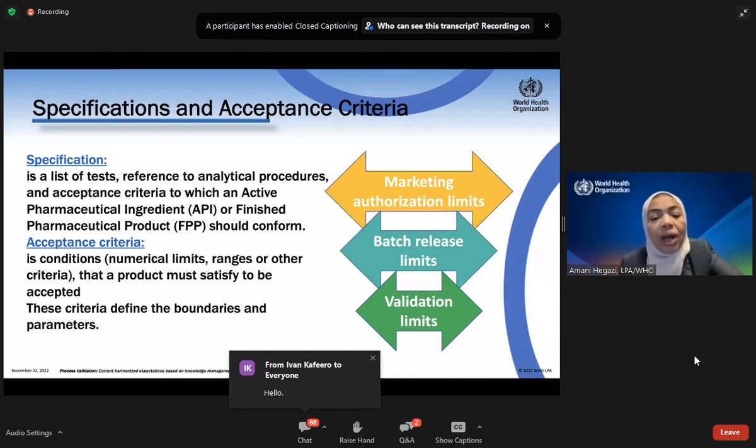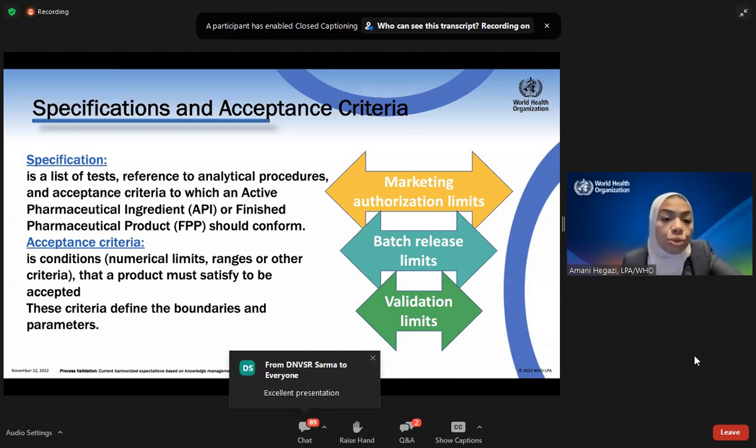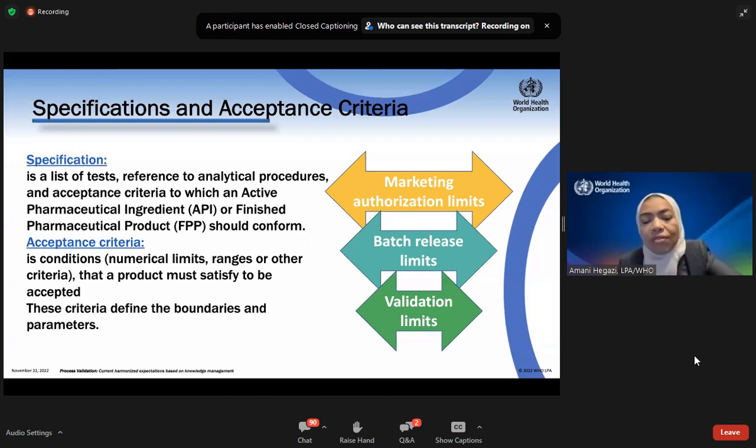Finally, while we are establishing the initial control strategy, we should establish the specification and the acceptance criteria. A specification is a list of tests, references to analytical procedures, and acceptance criteria to which an active pharmaceutical ingredient or finished pharmaceutical product should conform. And this specification actually goes by different terms. There is the marketing authorization limit, which reflects the product specification that should be met during the shelf life of the product. And there is the batch release limit